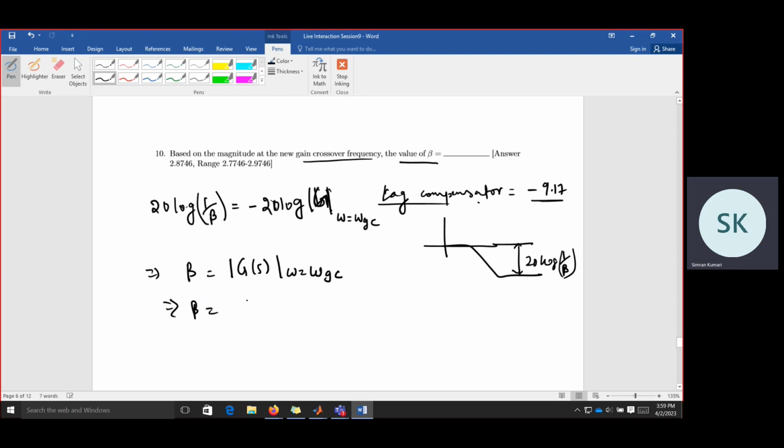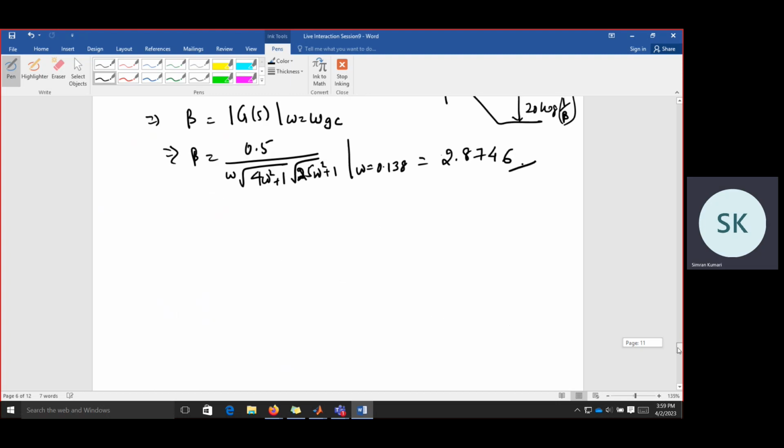And we'll have beta equal to 0.5 by omega root under 4 omega squared plus 1, and this is 25 omega squared plus 1, with omega equal to omega GC that we have found, 0.138. So we'll just replace this omega by 0.138. What we get is 2.8746. So this is the beta